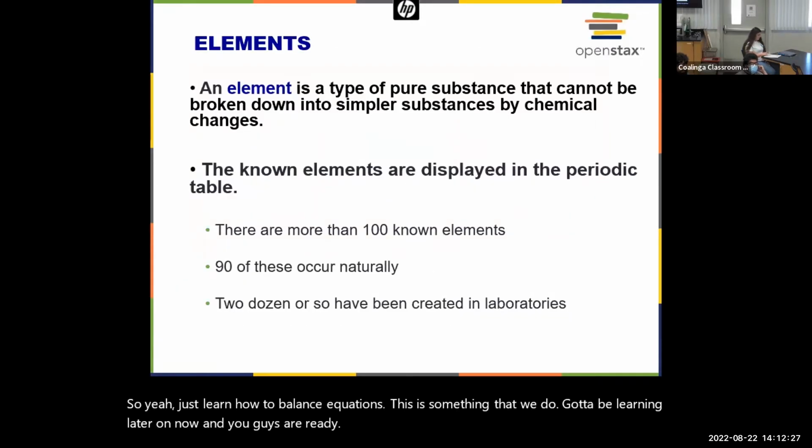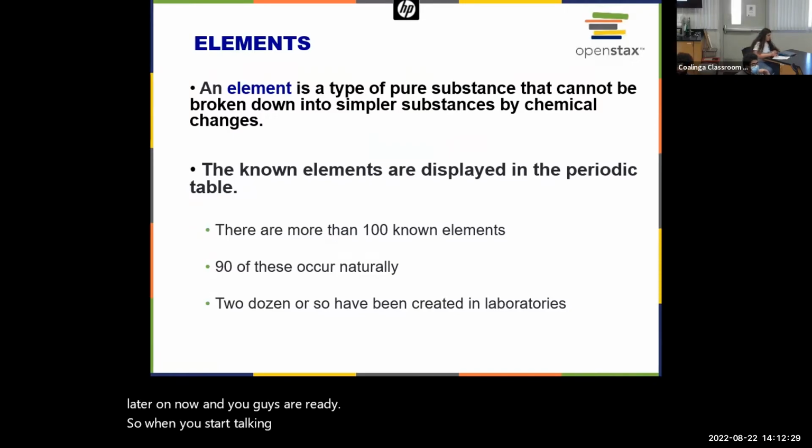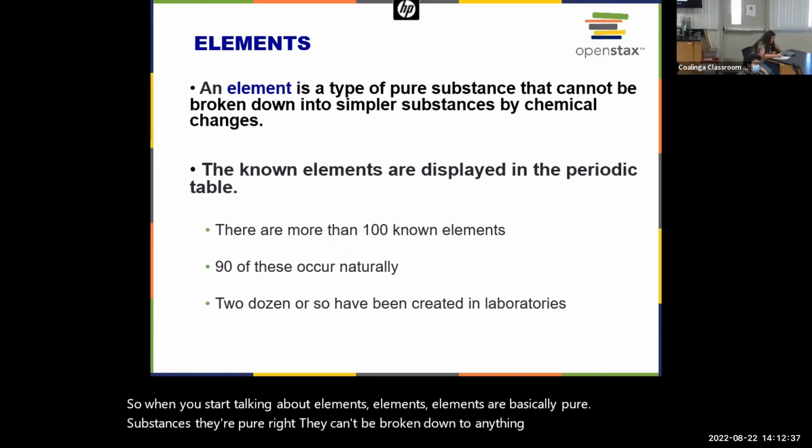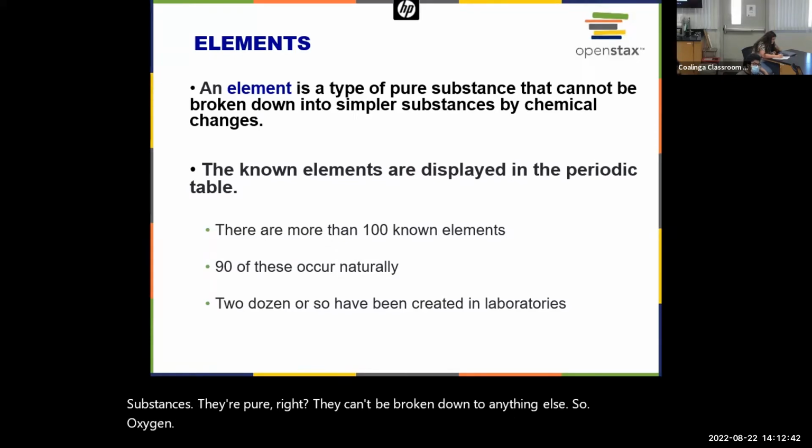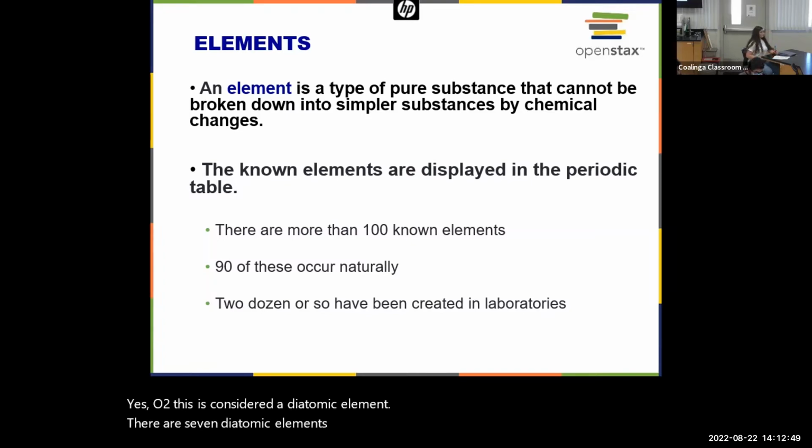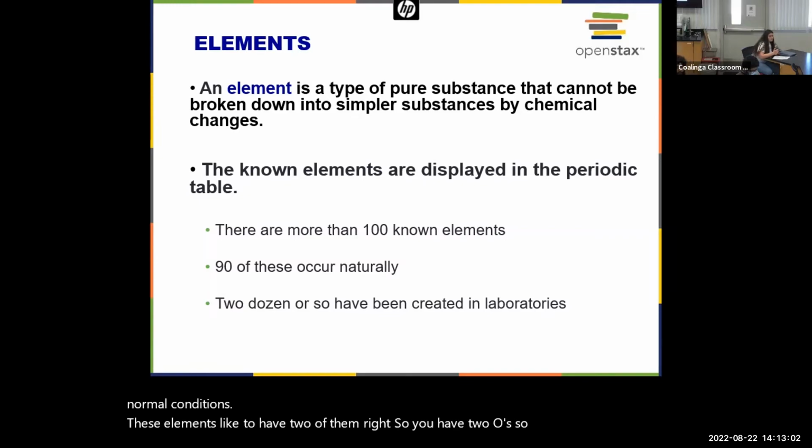Okay. So we need to start talking about elements. Elements are basically pure substances. They're pure, right? They can't be broken down to anything else. So oxygen gas, O2, this is considered a diatomic element. There are 7 diatomic elements. What that means is that under normal conditions, these elements like to have 2 of them, right? So you have 2 O's. So your diatomic elements